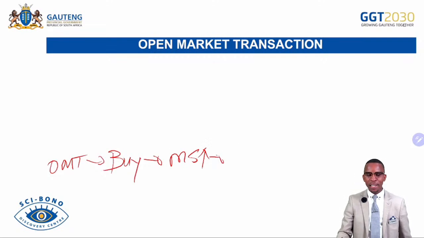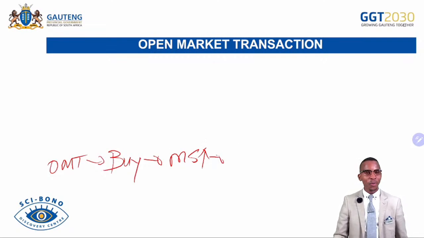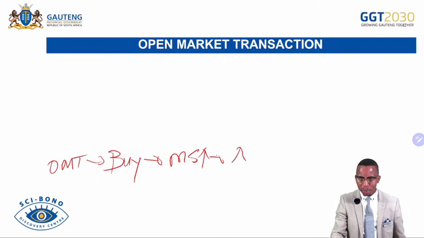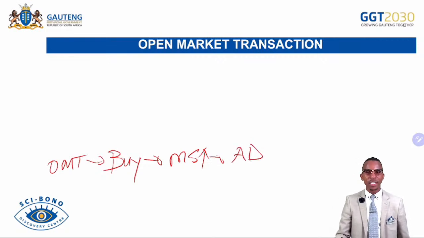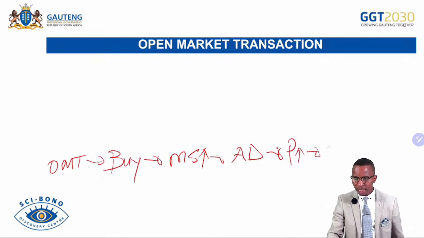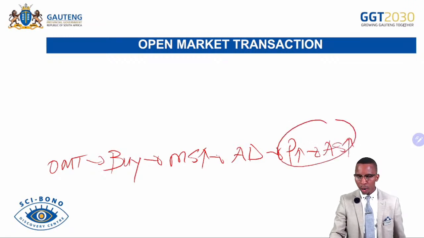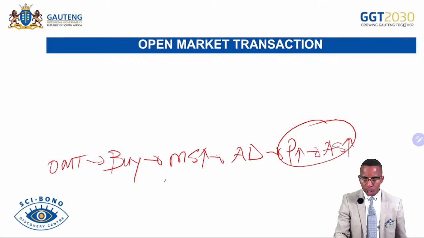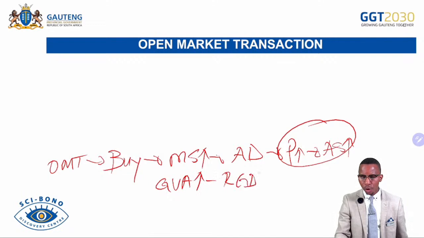If money supply in the economy increases, what happens? You know the story. People will demand more, or consumers will demand more goods and services. Aggregate demand will be increasing because of the increased money supply. As a result, we know the story again. What happens? The production will increase within the economy. As the production increases, that means the aggregate supply is increasing. With that happening as a whole, what happens in the economy? And then gross value added will be increasing, and then real GDP will be increasing, and then economic growth will